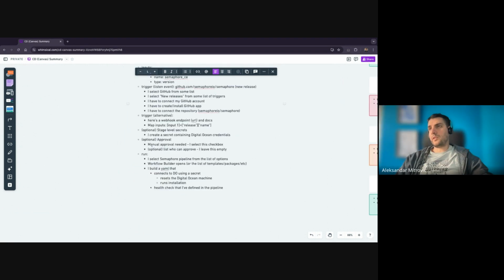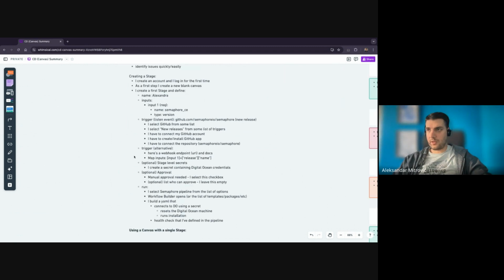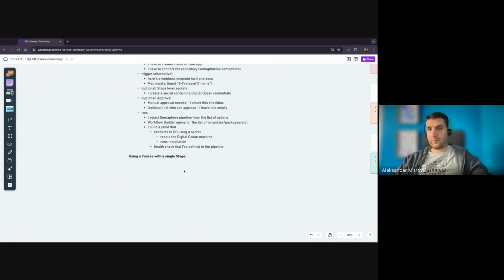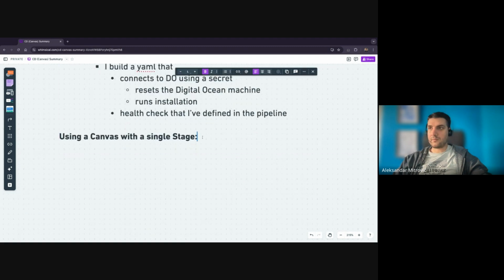So this was creating a stage. Let's now talk about using a canvas with a single stage. We defined how I would, as a user, create my first canvas with a single stage, right? But now there's that second part where, okay, how is this working, right? So obviously,